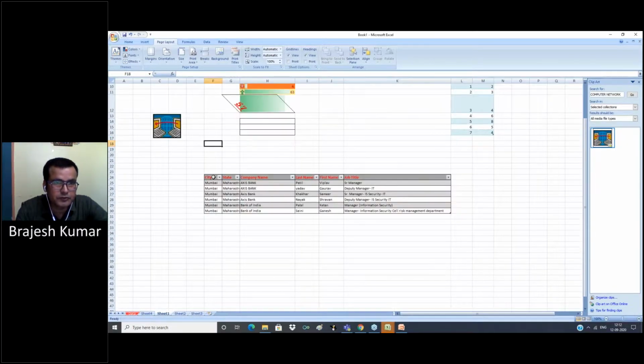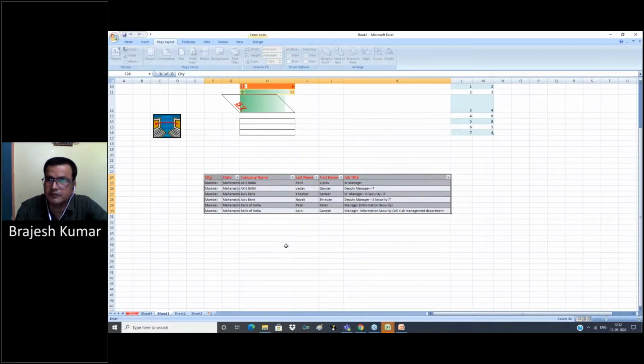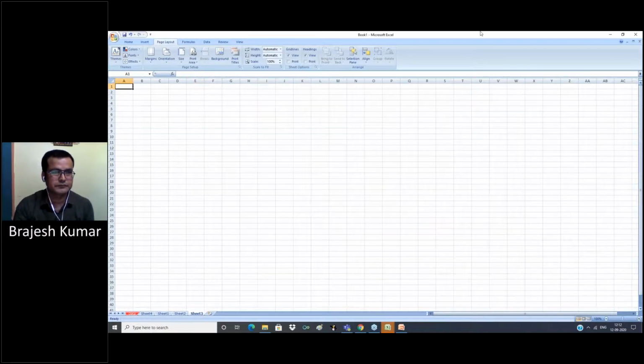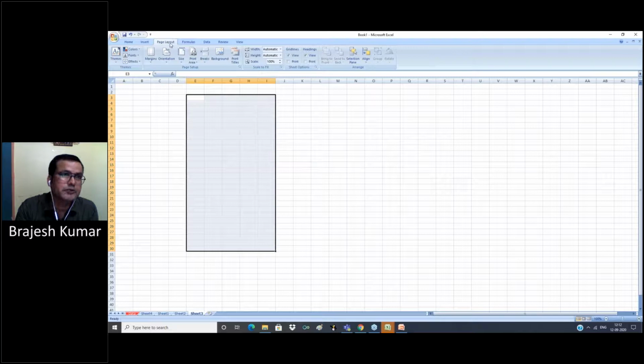Now page layout is mainly used in print preview. Suppose we want to print this area. When we take a printout of our Excel sheet, we use page layout.